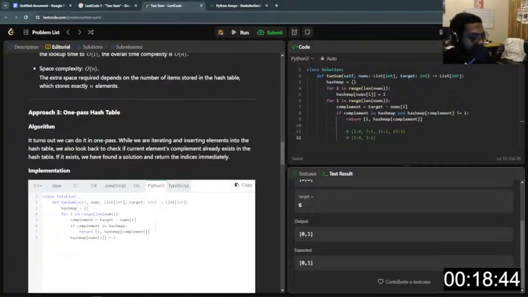It's still creating hash maps, but this is just a single loop. All right, target minus nums, right? If complement in hash map, they are still